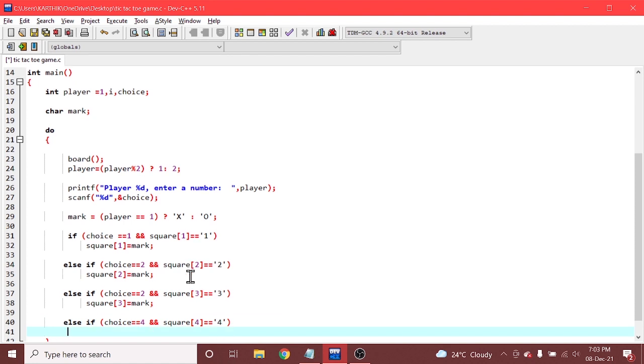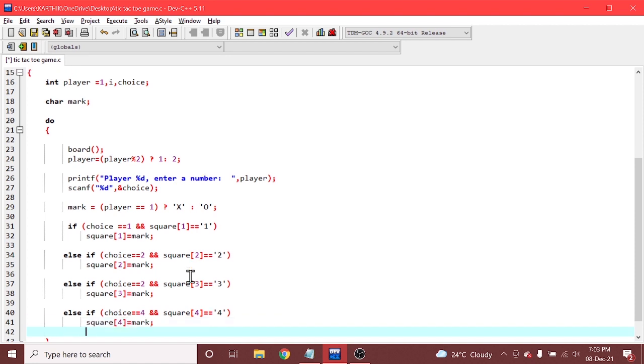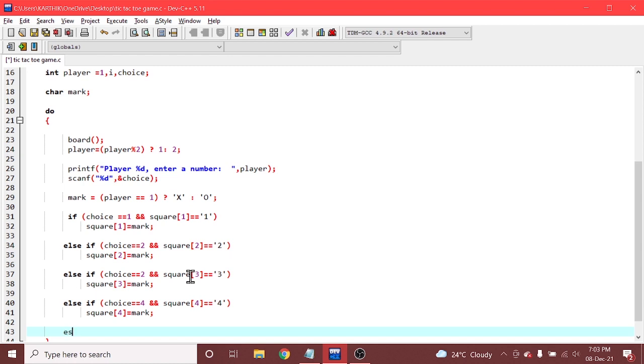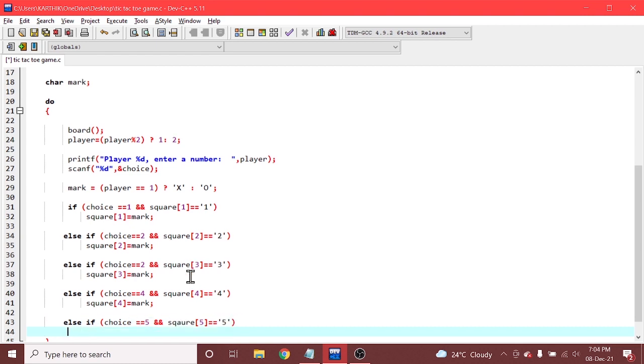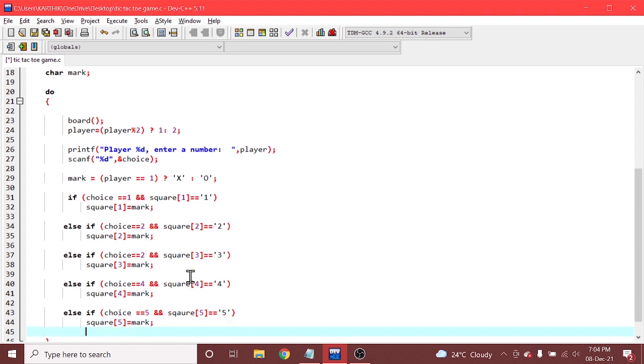If this condition is satisfied, then we are saying square of 4 is equal to mark. Okay. And again another else if case, else if choice is equal to 5 and square of 5 is equal to 5. If this condition is satisfied, we are telling square of 5 is equal to mark.